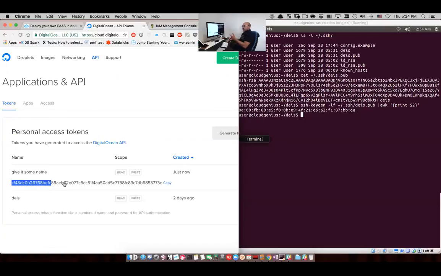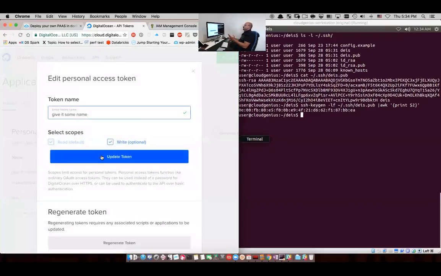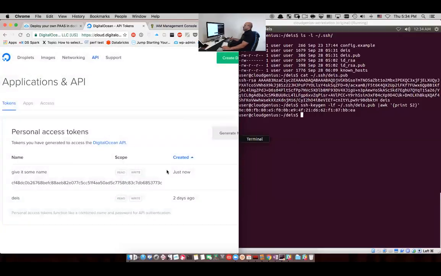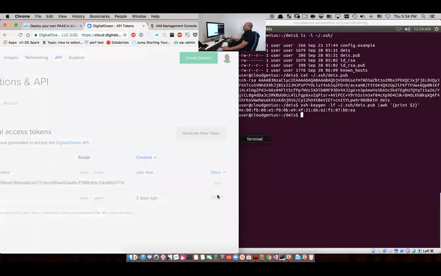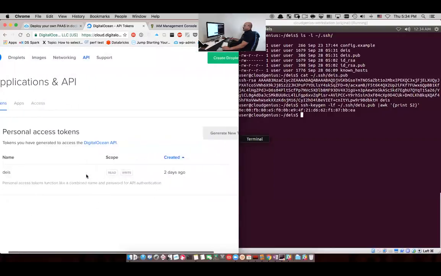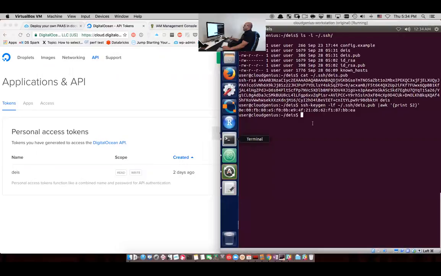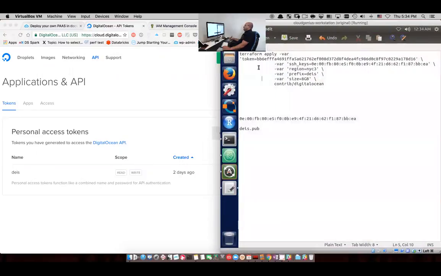I am going to use not this token, but the other token that I created yesterday. I want to use that one. It's just the same thing. You can use any token you like, but since I don't need two tokens, I'm going to delete this token that I just created and basically get rid of it. There's no need for two tokens. So I'm going to delete that second token, which I just created, which I don't need to use because I already have a token created two days ago, so the day before yesterday. And that token I have kept somewhere in my notepad in here, by the way,